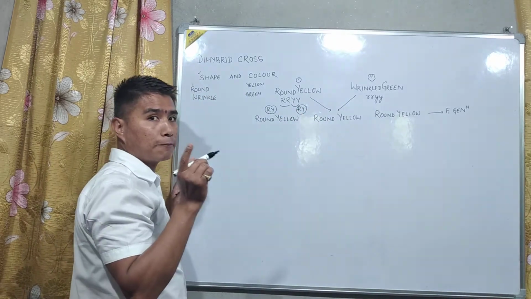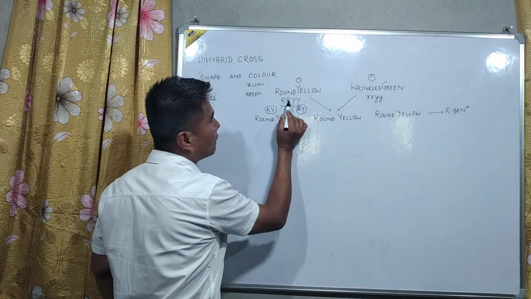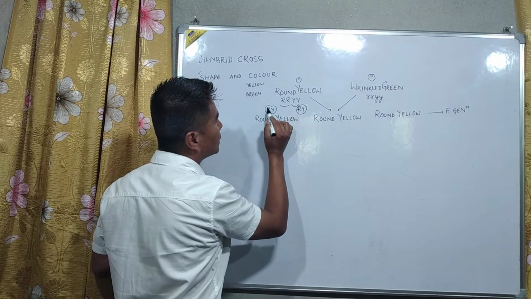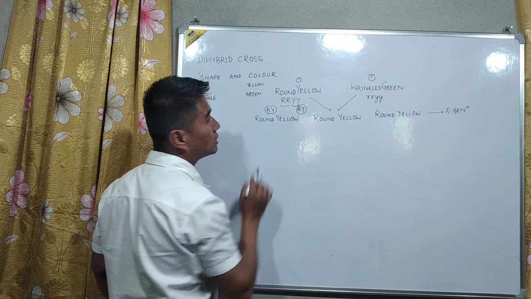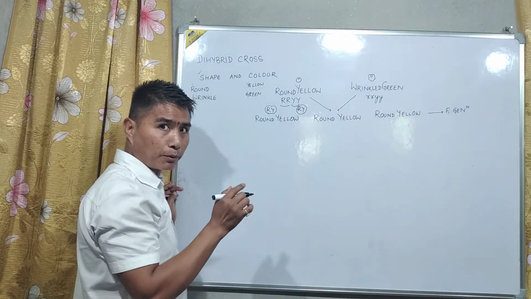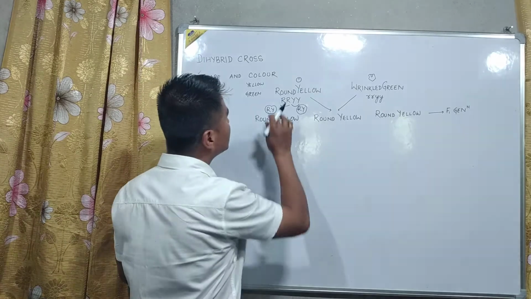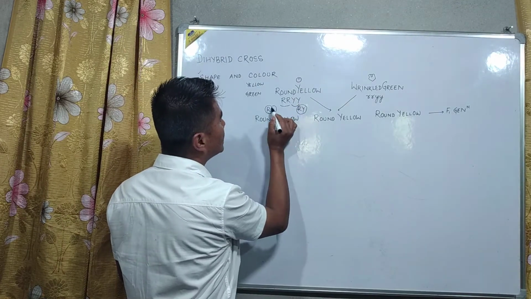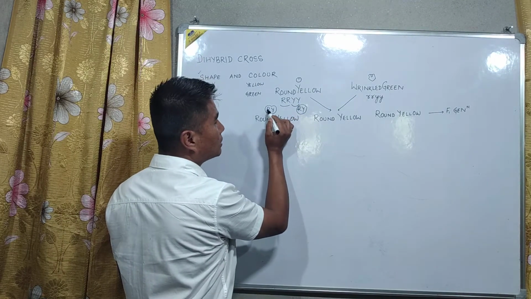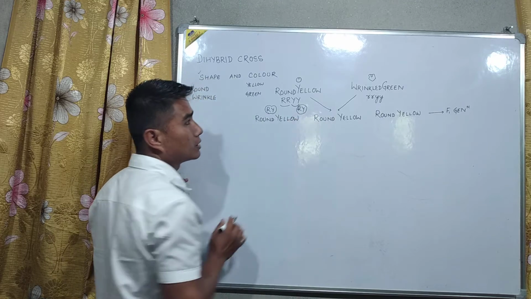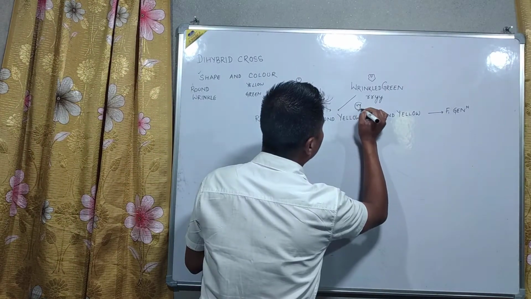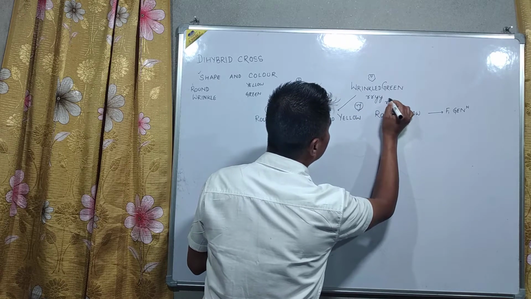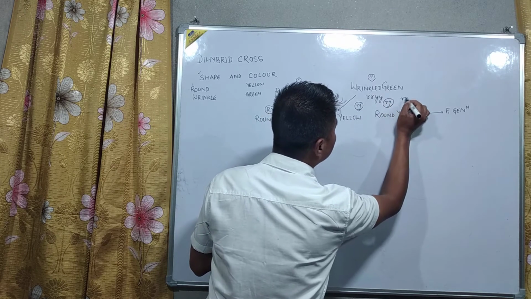So this R comes with Y. Law of segregation. Now a pair of factors is there and then they separate. R separated here, R separated here, Y came here, Y also came here. Getting my point? So that means they don't go together. This R and R did not come here. R came here and R came here. Now here also R and Y will be in one place. You can make any number of gametes.